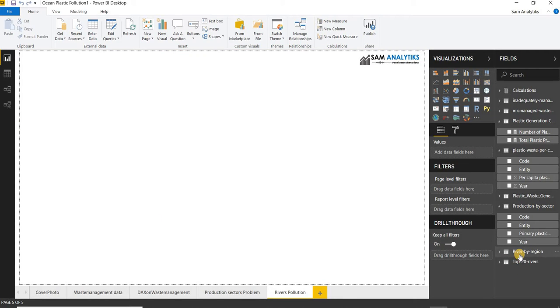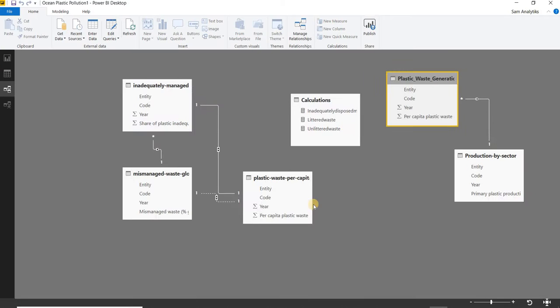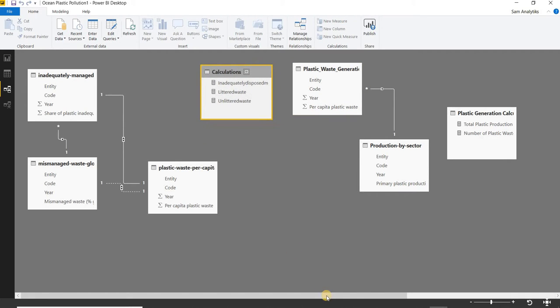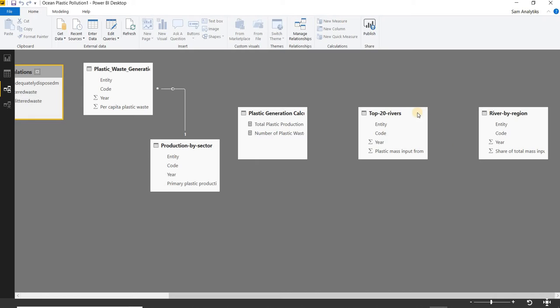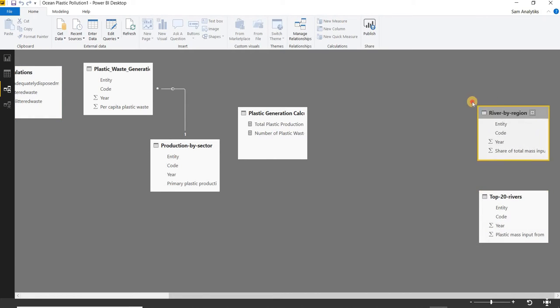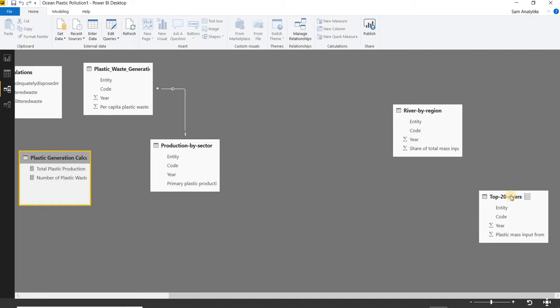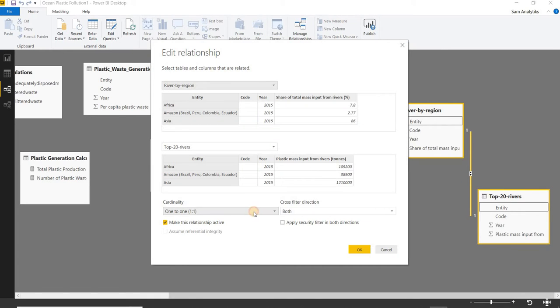Now as my two data sets are ready in here, I have to check upon the relationships, and like I said that I have two different parts in here. So what I will do, I will take another one, a little bit extended, and I will take the river by region and top 20 rivers. Well, in my opinion, the top 20 rivers should be in the data table and rivers by region should be in the lookup table. So if I extend it, I will get the bidirectional relationships, which is not actually what I'm looking out for. So I want many to one, and the data should be single flow.